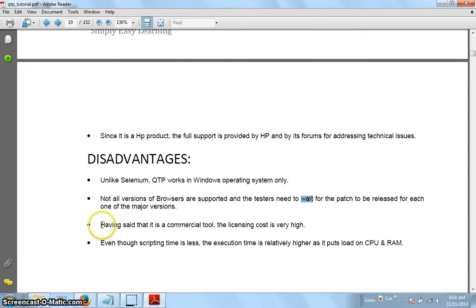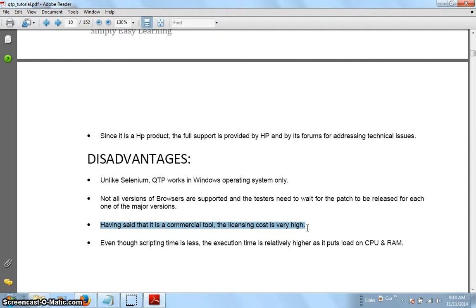Next, it's a commercial tool and the license cost is very high. Absolutely right, because it's not open source or a free tool that we can download from the internet. It requires a huge cost, and budget is dedicated to investing in such a tool.